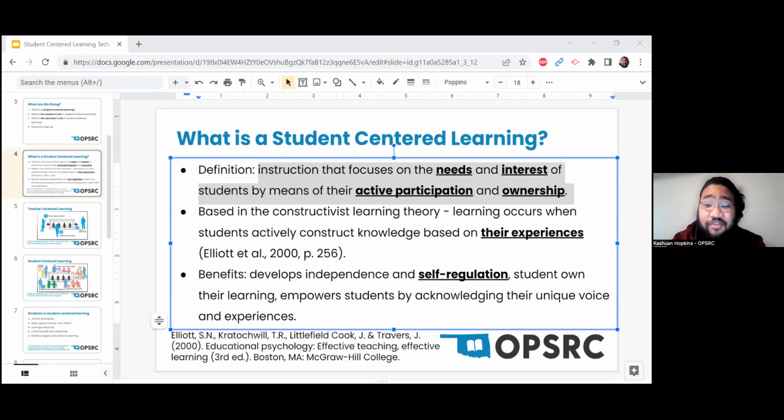I mentioned active participation, and that can look like a bunch of different things. This could be a discussion. It could be a brainstorming session. Those are opportunities where students are actively speaking out. But like I said before, you want to make your content accessible. So sometimes students don't necessarily respond,